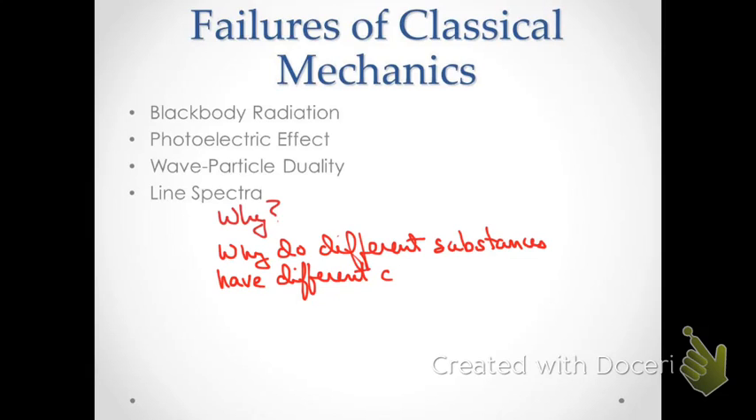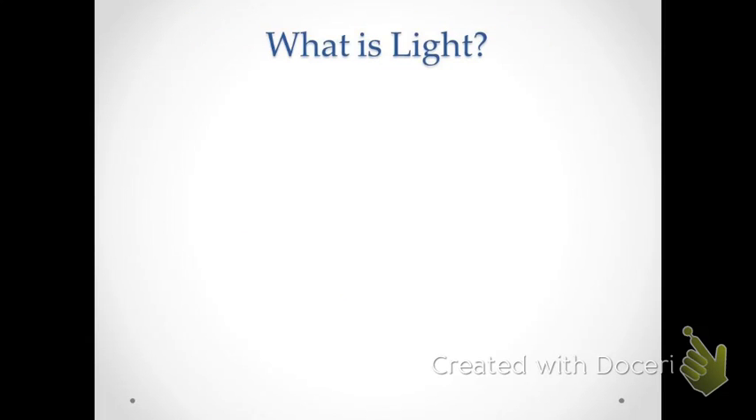And why do we see different substances with different spectral patterns? And specifically, why do different substances have different colors? This is something that couldn't be explained by classical mechanics. So since the first two of these particular failures have to do with light, we'll start out with a basic description of light. This goes back to something you learned in general chemistry or even before that, but let's do a